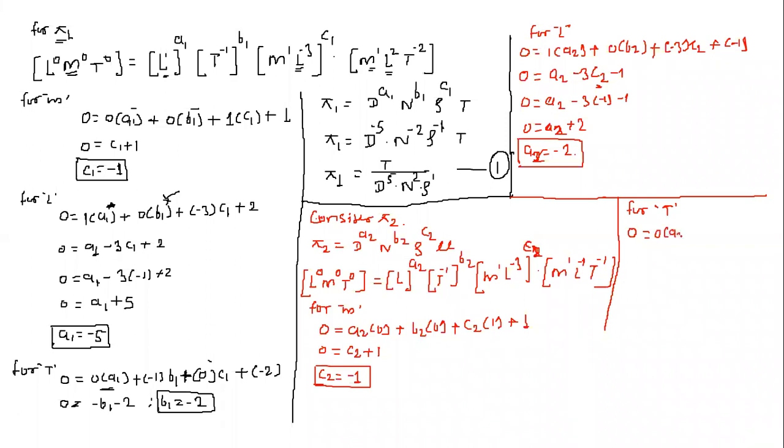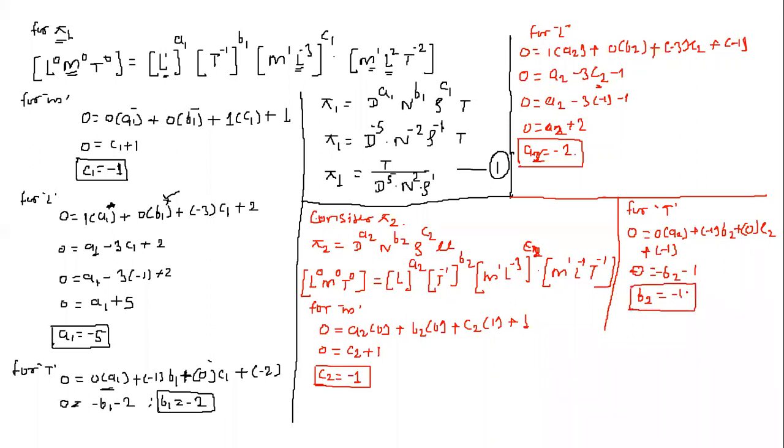So 0, 0, A2, plus in the second, is it there? Minus 1 into B2, right. Next, plus 0 into C2, right. Next, plus minus 1, plus of minus, minus 1. B2 is equal to minus 1. Therefore, B2 is equal to minus 1. I will have to go for another step. 0 is equal to minus minus 2, 1. Correct? Minus B2, minus 1, is that right? Yes, sir. That is, B2 is equal to minus 1.